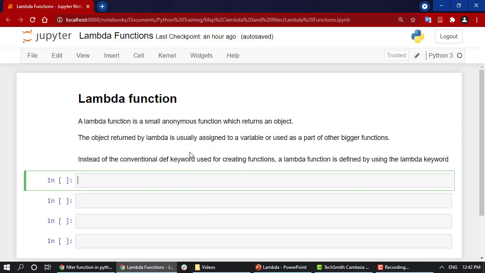A lambda function is a small anonymous function which returns an object. An object returned by lambda is usually assigned to a variable or used as a part of other functions. Now I know that a lot of big words came into play. Let's make these things much easier for you. In Python, we use the lambda keyword to declare an anonymous function. But before that, I just want to show you